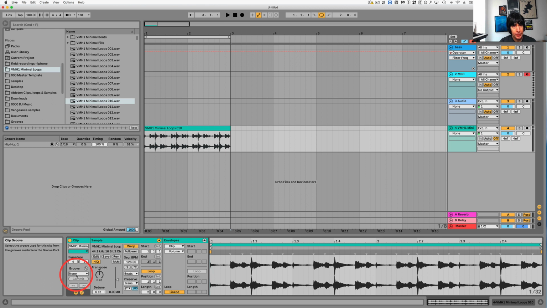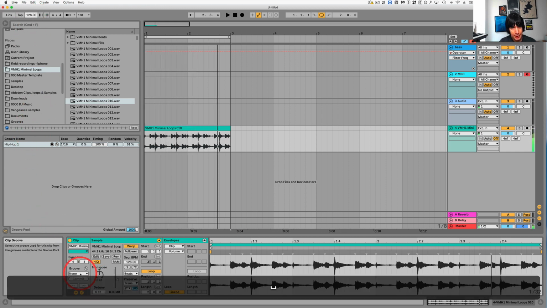So you can apply this hip hop groove to audio as well, and it will shift that. So for example, let's make it a little faster. If I choose this groove,